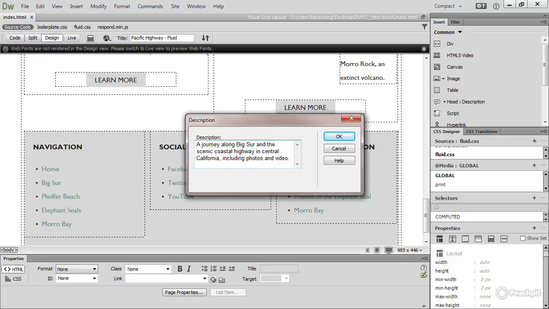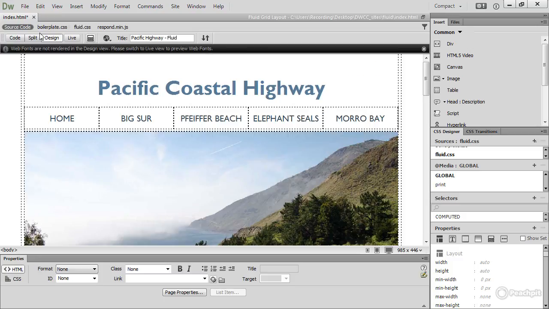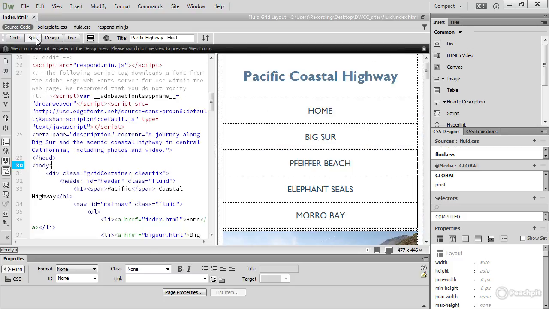So that's actually 17 words. It fits very nicely inside that text field there. I think that's fine as a description, so just click OK. And then if you open Split View, you can see that that description has been added just before the closing head tag. It's inside a meta tag, the name is description, and the content is the text that I inserted